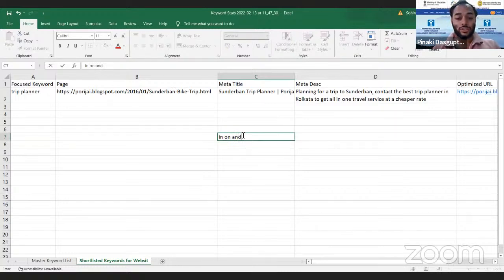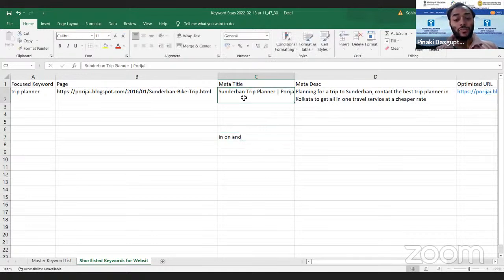Don't use all these things because Google will not crawl this kind of content. So if you put all these things in your meta title and URL, then Google will miss out the entire content. So don't put it. But in meta description, you have to put it because it is basically a description. But in title and in URL, try to avoid these things.